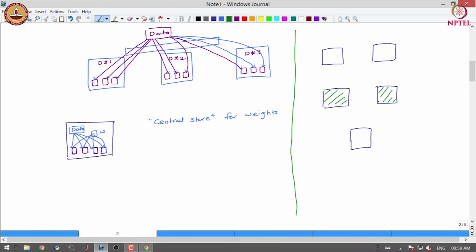Some of the workers are used to keep track of parameters of the model, and these machines are called as parameter servers.